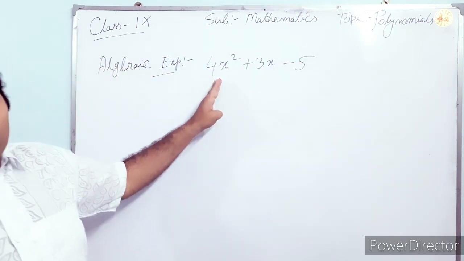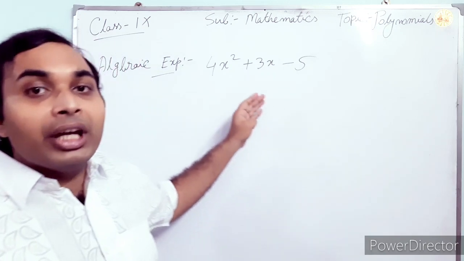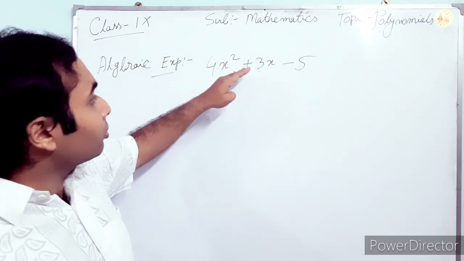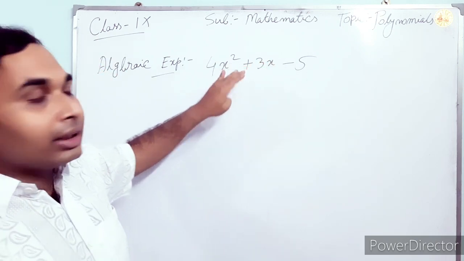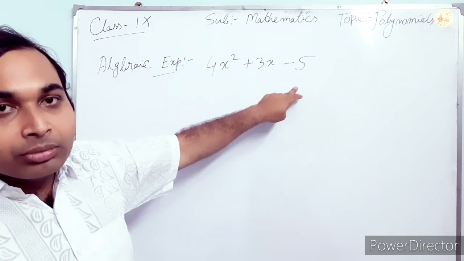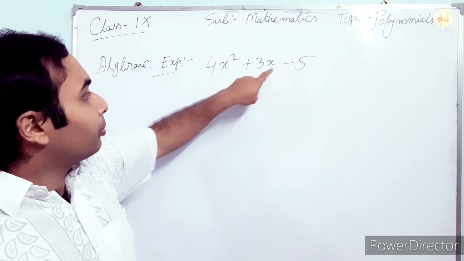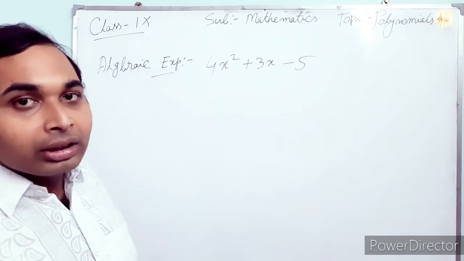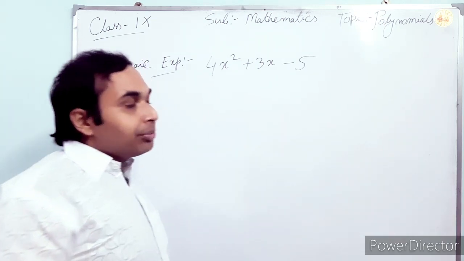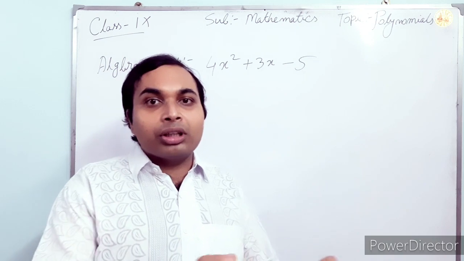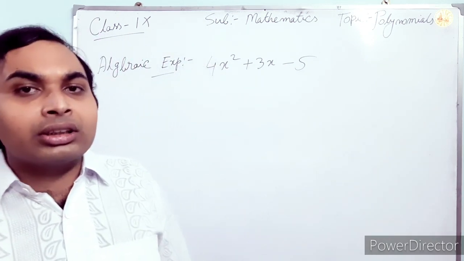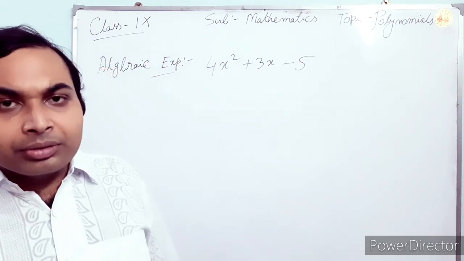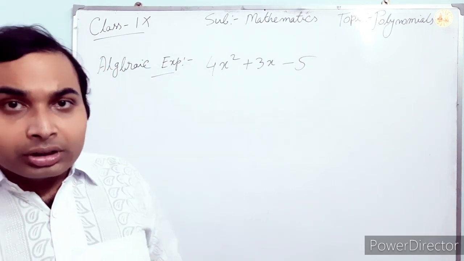Where some constants will be there, some variables will be there. It can be y also, any other variables also. So some constants, some variables, and in the middle of those terms, those are called the terms. In the middle of the terms, plus, minus, multiplication sign and also division sign can be there. So those are called algebraic expressions, and whatever related sums you have done in class 8, I am not repeating those. Let us do some other things, that is polynomials.